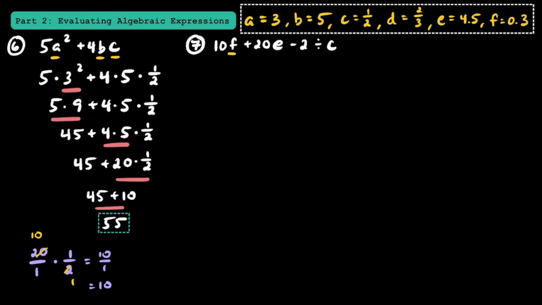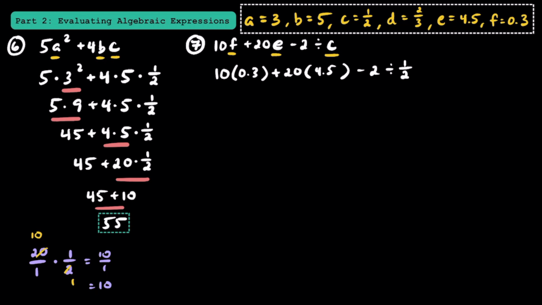First, let's plug in the values for f, e, and c. 10f just means 10 times f, and we know f is equal to 0.3, so we have 10 times 0.3 plus 20e is 20 times e, so we're going to have 20 times 4.5 minus 2 divided by c, which is equal to 1/2. There's no grouping symbols and there's no exponent, so we need to start with either multiplication